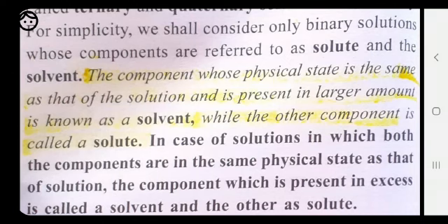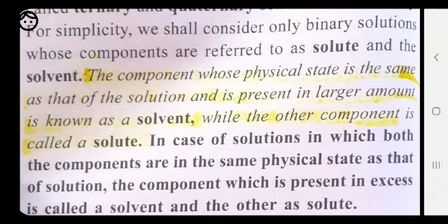So here gold is considered the solvent because the ratio of gold is more as compared to the ratio of copper. Gold is taken as solvent and copper is taken as solute because the amount of solute is less as compared to the amount of solvent. So once again I am going to explain to you, students, that the thing which is in lesser amount is called the solute, and the thing which is in larger amount is called the solvent, and the combination of solute plus solvent is called a solution.